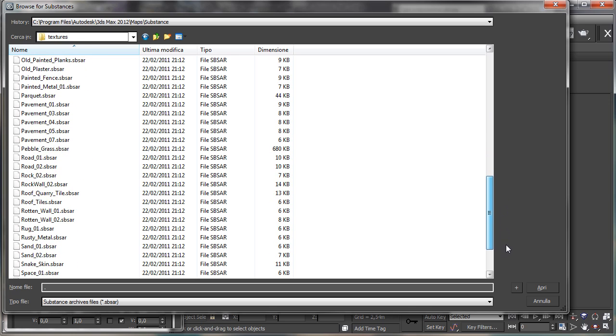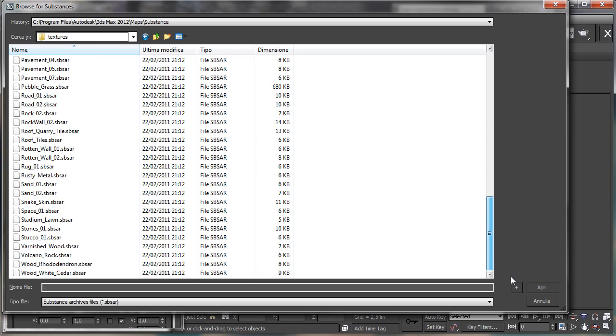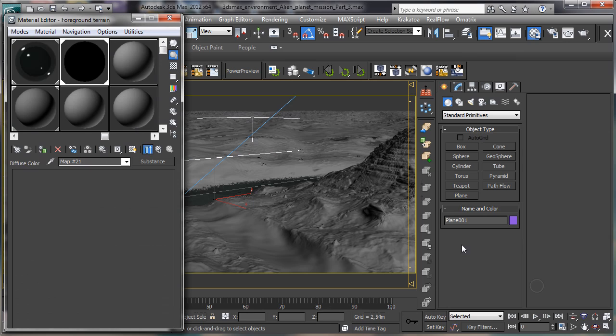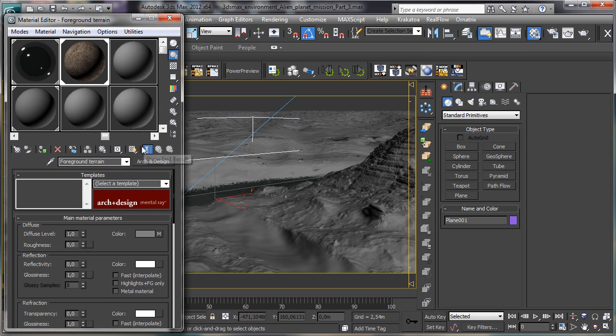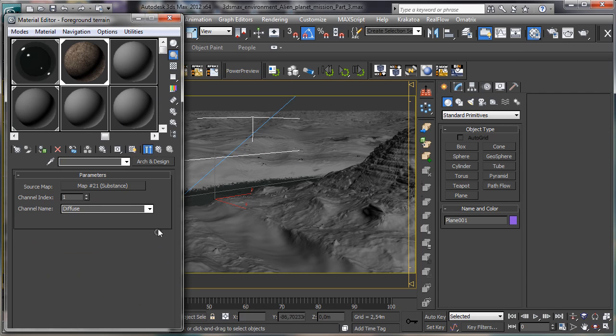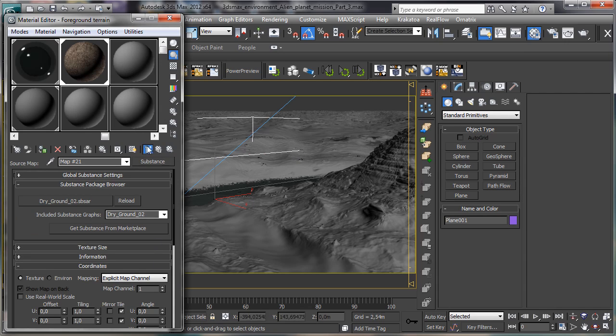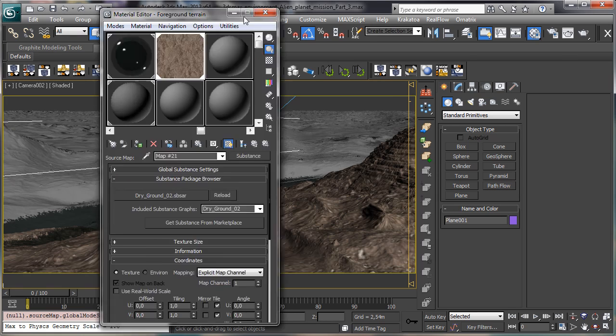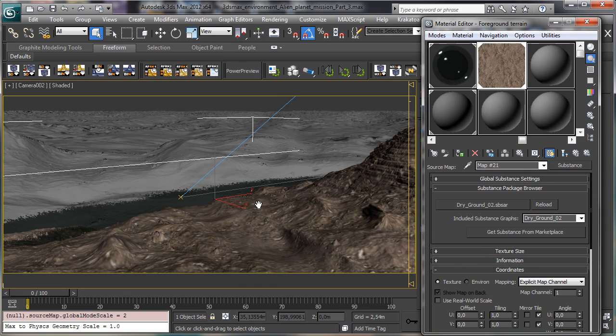And I think that we can use the ground shader there. So let's try with the dry ground number 2. Okay, this one. It's not bad. You see, that's a preview. We'll use it there as a texture, but